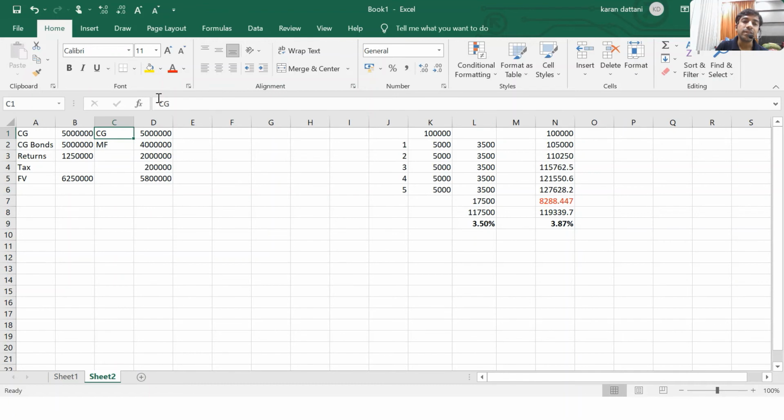On the other hand, if you take that capital gains, you pay the taxes of 20%. You invest the remaining amount into some mutual fund, and assuming that you are getting 10% over here, this is the amount you'll have at the end of the 5 years. These bonds have a lock-in period of 5 years,